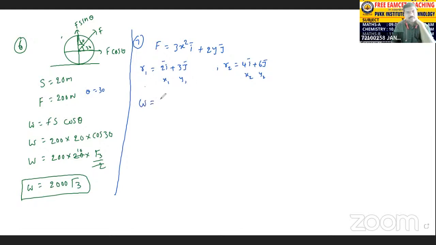What is the formula for work done? W is equal to the integration of Fx into dx plus integration of Fy into dy, with limits x1 to x2 and y1 to y2. So once again the formula, W is equal to the integration of Fx into